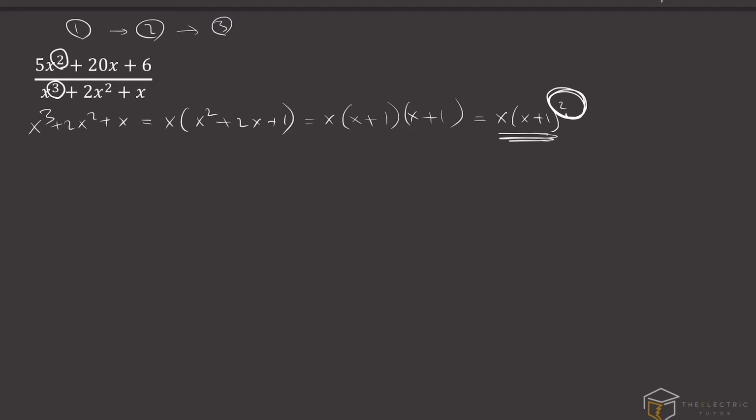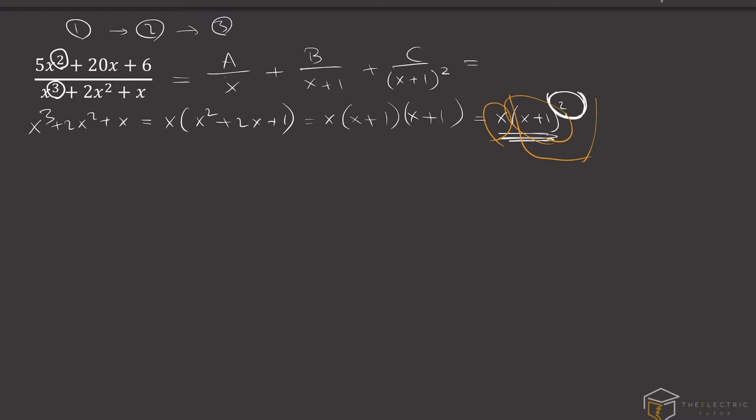So we realize that we actually have 3 linear terms. We have x, plus 1, and then x plus 1 squared. So let me go ahead and write that. We're going to have a, because it's linear terms, a over x plus b over x plus 1 plus c over x plus 1 squared. Now the next step involves, I'm going to make a little bit of space here, involves adding 3 fractions,